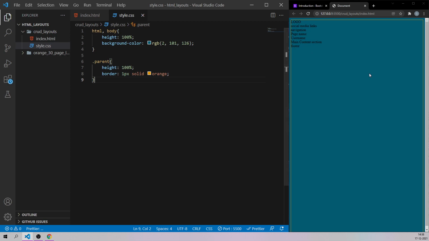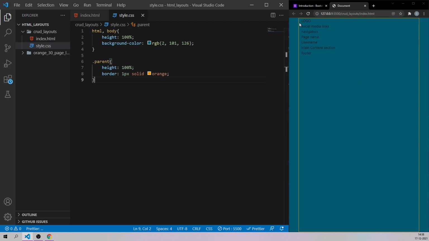Let me save it, and as you can see, we have successfully increased the height. The width is according to the container itself, but the height of the parent element is right now the entire page, as you can see by this boundary. Now let's start putting our contents wherever we want using CSS grid.